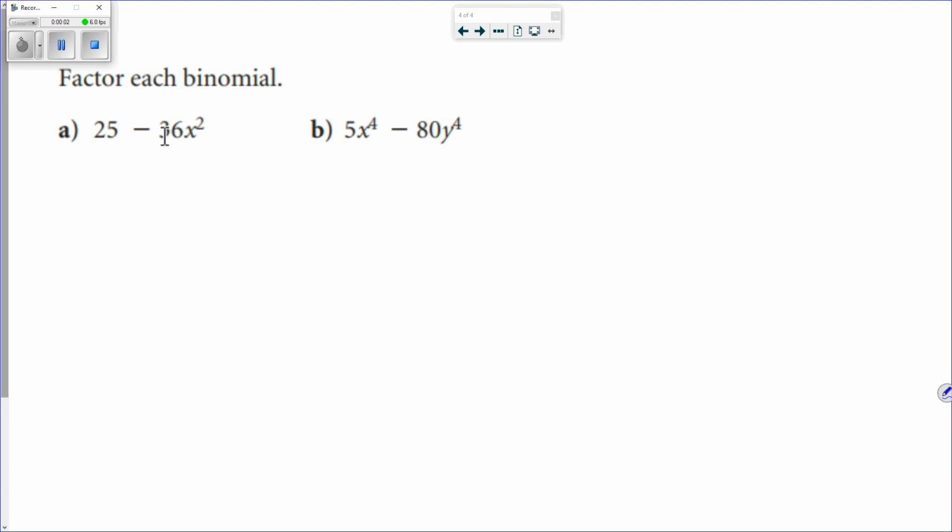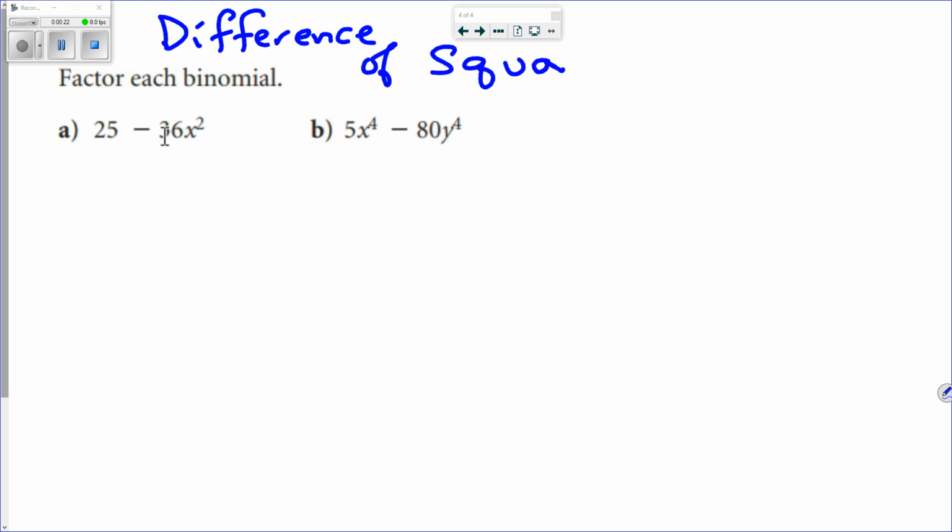Right, so this is example number 3 from topic 8. Factor each binomial. This is where it gets a little bit special. This is where we look at something called difference of squares. Right, when we look at,